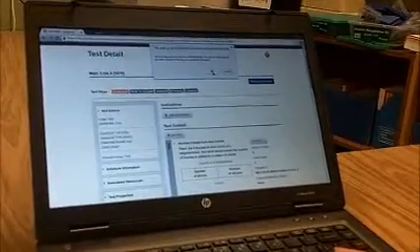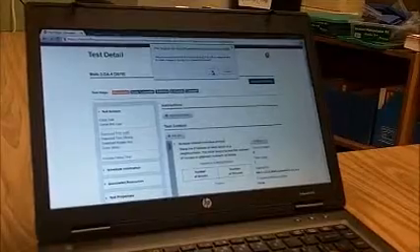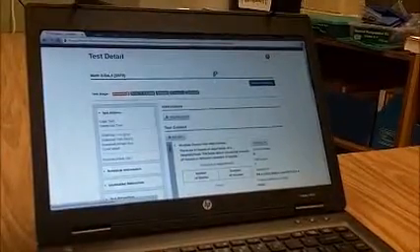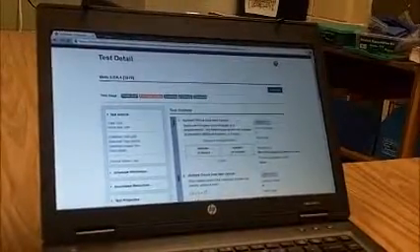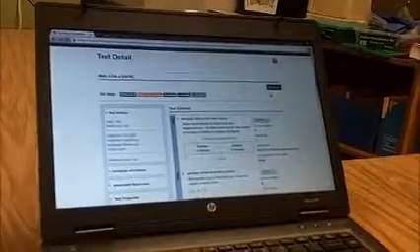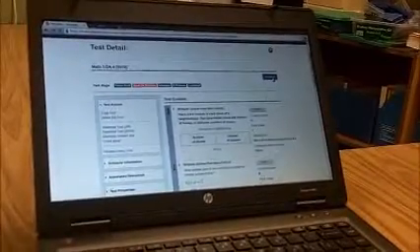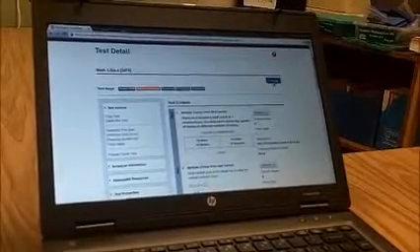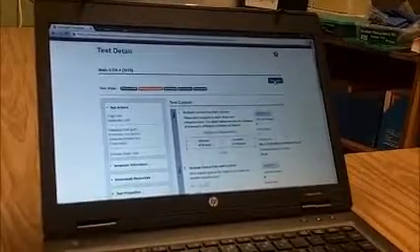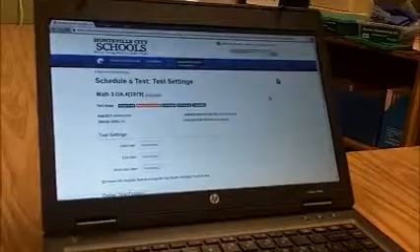So this one looked good and I did preview it, so I'm going to go ahead and click OK on this. And now this test will be ready for me to schedule for my students to take. Now notice once I clicked that, this blue box up here changed and now it says schedule. When I'm ready to actually administer this quiz, I will go back into my tests and click schedule,